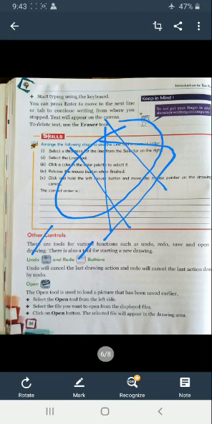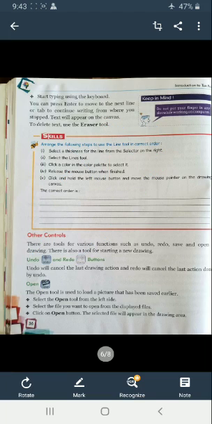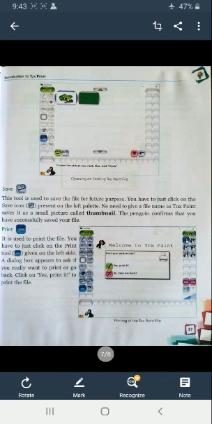Now next one is open. The open tool is used to load a picture that has been saved earlier. For example, there is a picture you have saved on your desktop and you want some editing on this picture, so click on the open button and you will get your picture on the drawing area.